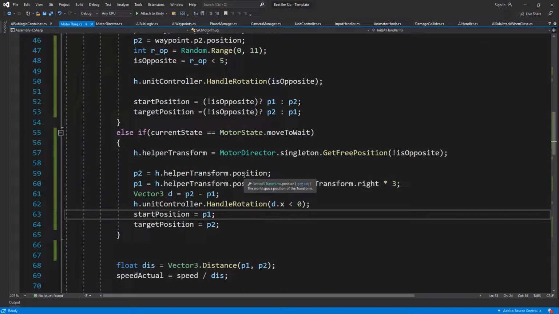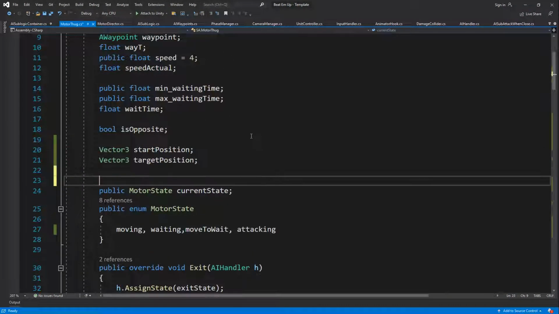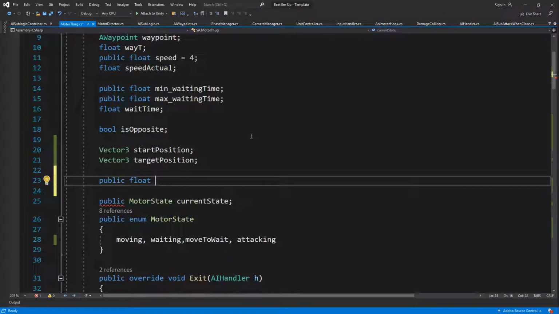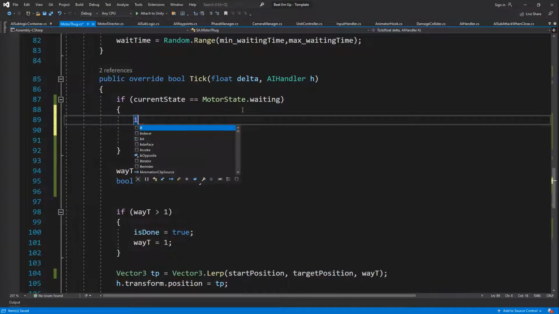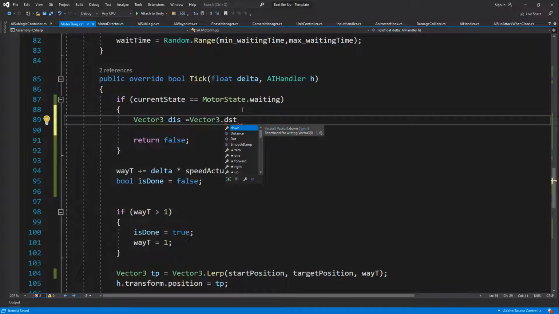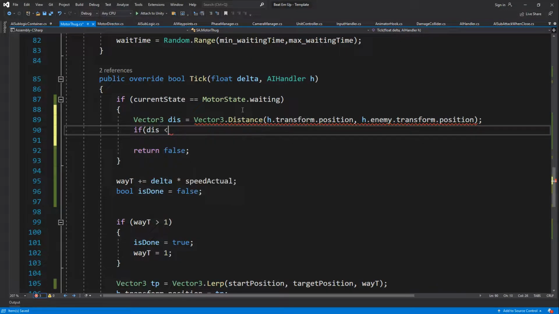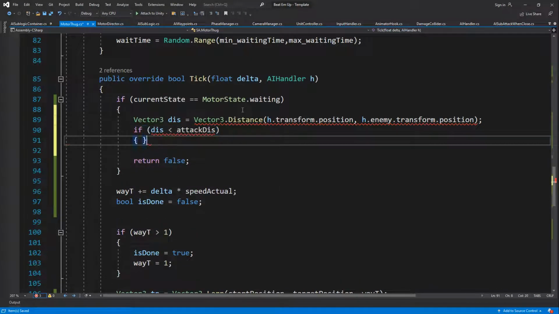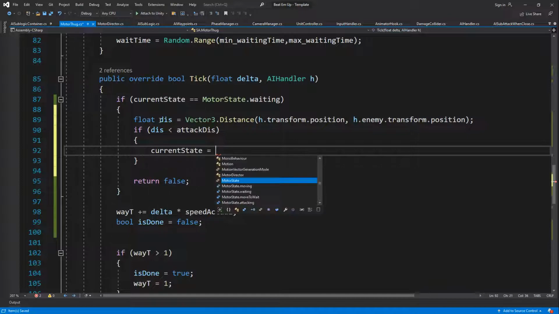So let's see one more thing. Let's make it so when you get close to them, they will actually attack. So public float attackDistance, which means once you are here, when you're waiting, you want to do Vector3.Distance of h.transform.position and h.enemy.transform.position. And if distance is less than the attack distance, this is a float, then you change your current state to attacking,